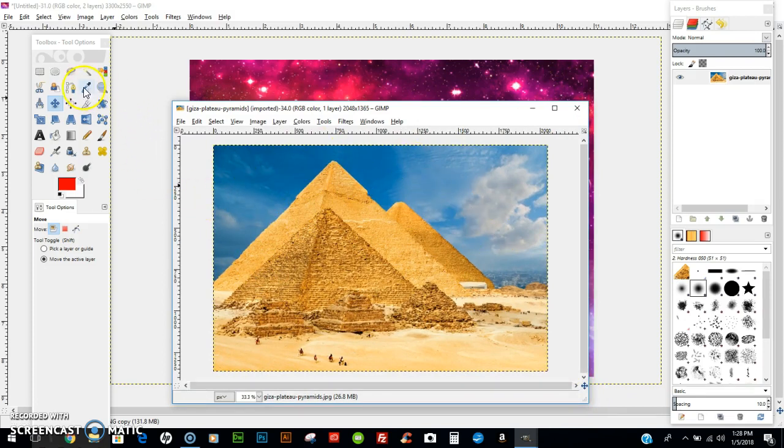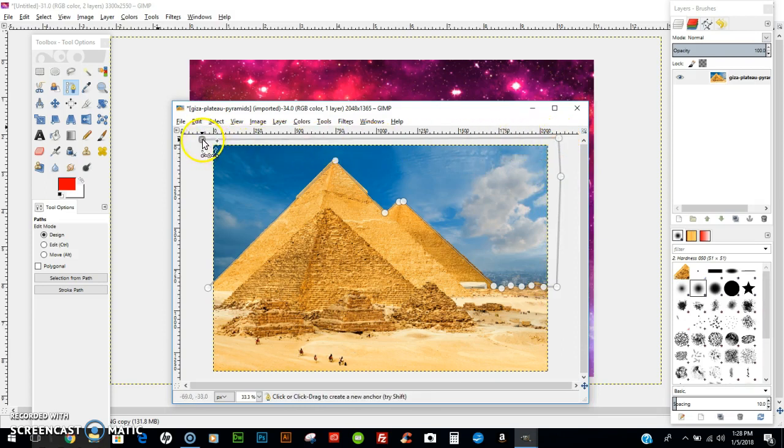So how we do that is we go to the pen tool right here, which is the path creation tool. Start from off of the page as close as possible. Just trace the outside of the pyramid by clicking and continuing to click until you get all of the shape inside. Now once you're at this point, you just continue to click around it, come back down, and to connect these two you press Control,